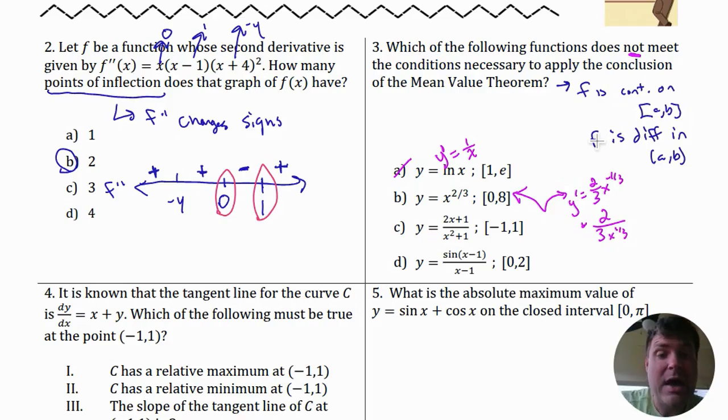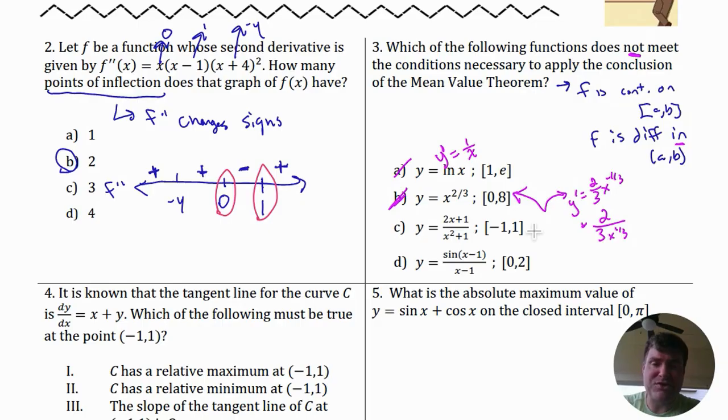Take him inside. The graph is differentiable between 0 and 8. It's not differentiable at 0, but I only care about the interior. So, because of that, not B. For C here, this is a rational function, and it looks like we're good to go, because